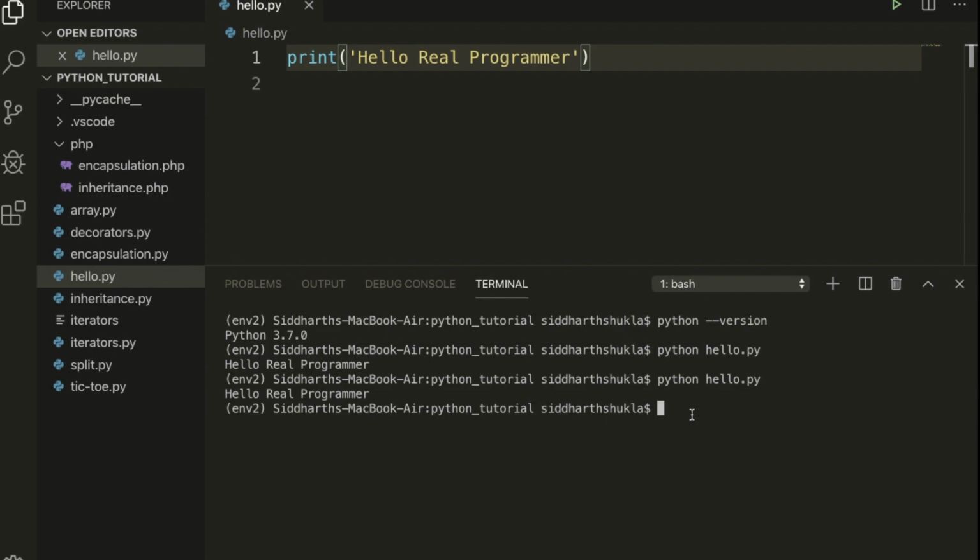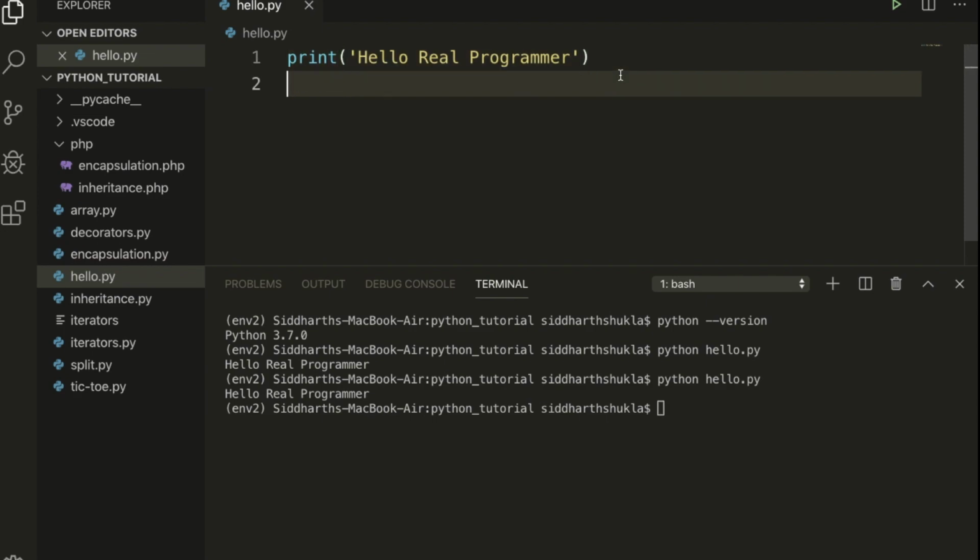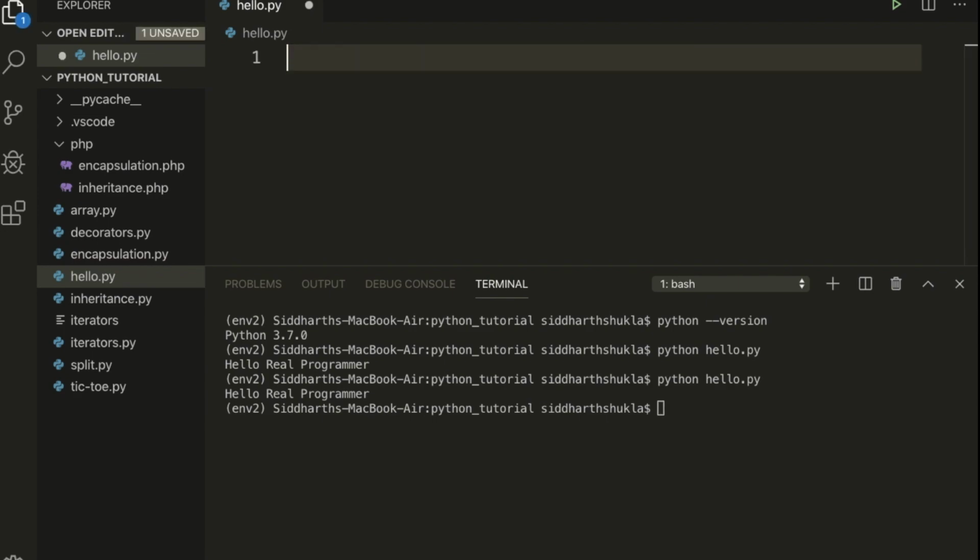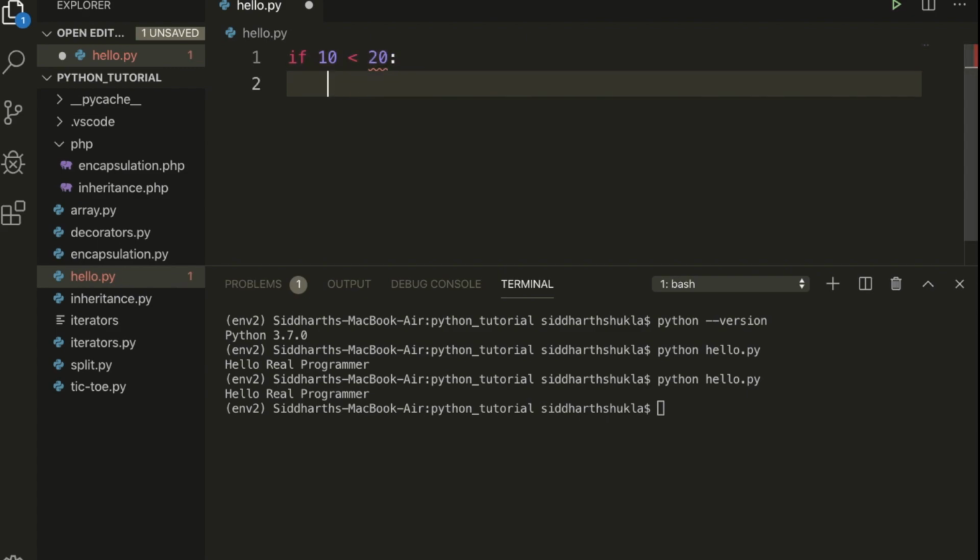Okay, always just think about it. So indentation, I'm going to give a realistic example. Suppose I have an if condition. I am just using here 10 is less than 20, and just type here. And suppose I'm writing here anything like